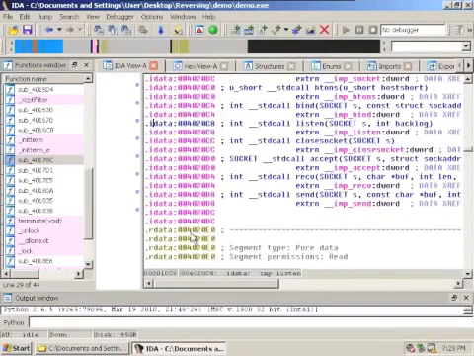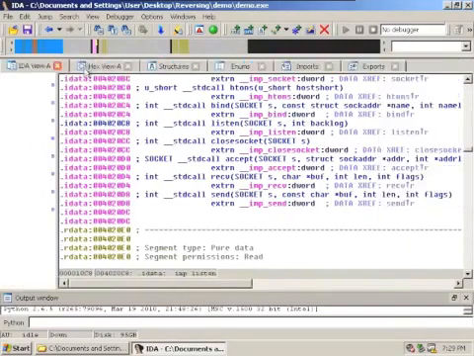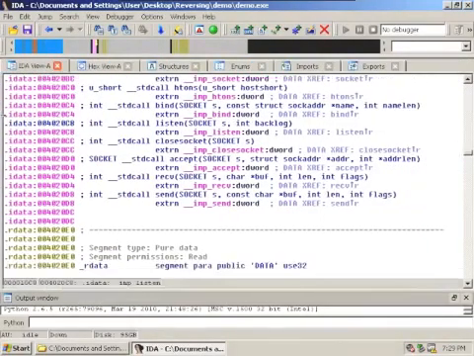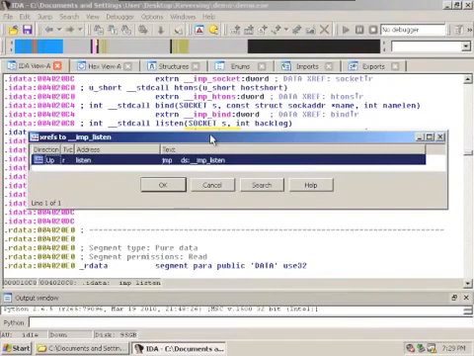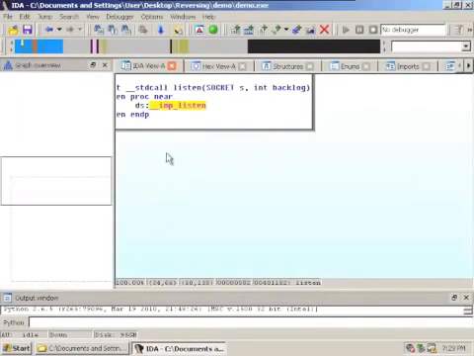I'm going to double click on it. And actually I'll close this to make it a little bit bigger. Okay, so this is the listen function. It is imported from one of the Windows libraries. If I press Control X, this will give me a list of cross-references to this function. So it'll give me all the locations where the program uses this particular function. There's only one such location,